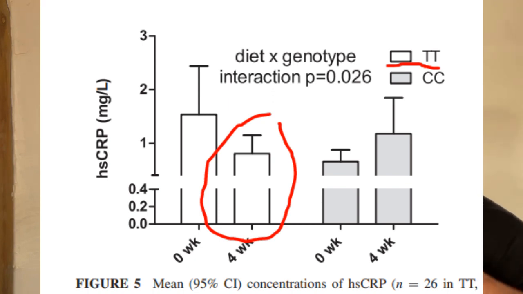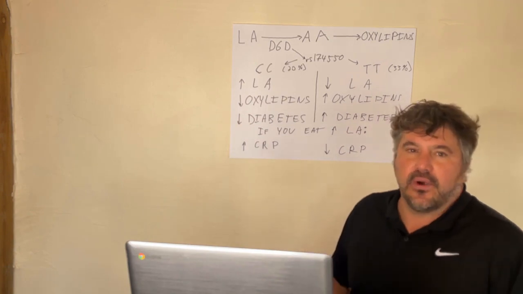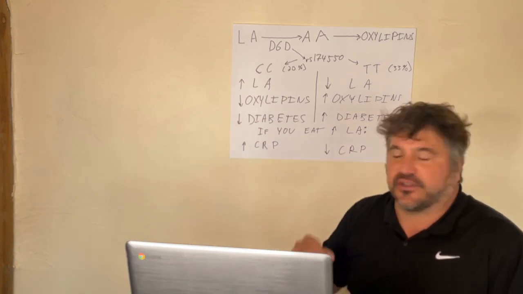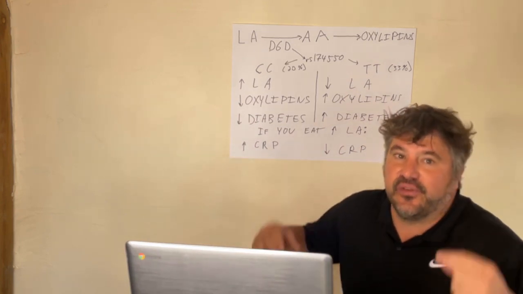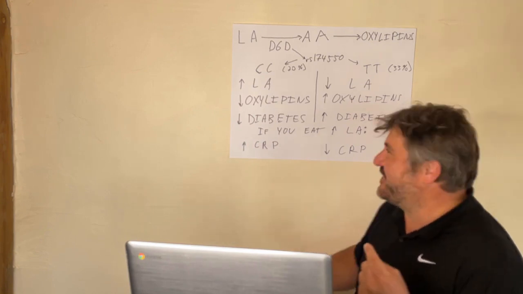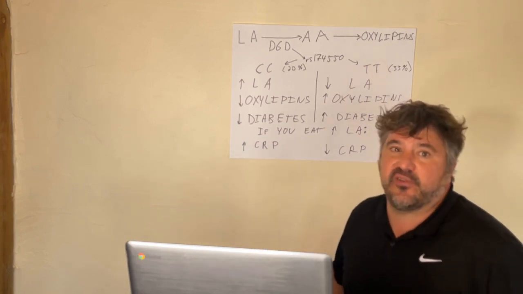That's how it works. And in those people, when you give them linoleic acid, their CRP levels go down. So in the people that are most likely to get diabetes, if you give them linoleic acid, their CRP levels drop. So if you give someone more linoleic acid, more soybean oil, more sunflower seed oil, and their inflammatory numbers drop, that's actually a very bad thing. That suggests that you're one of the 1 out of 3 people, or the 42% of people if you're a Chinese Han,